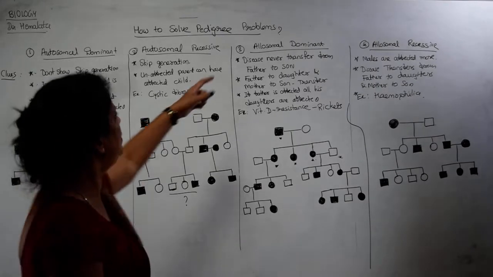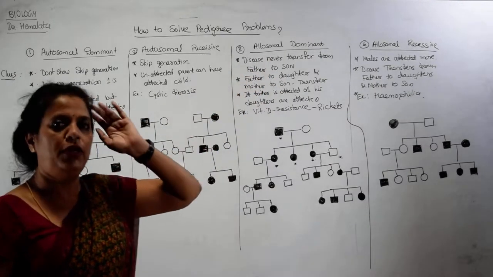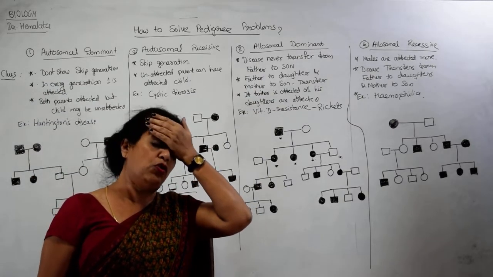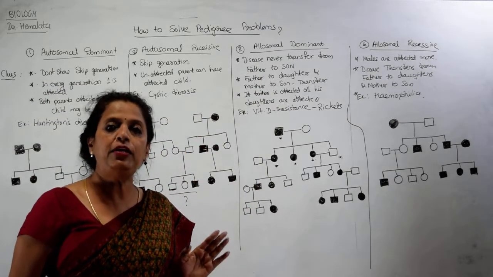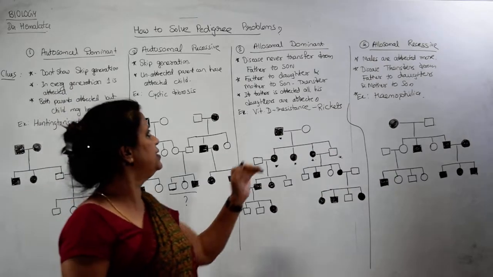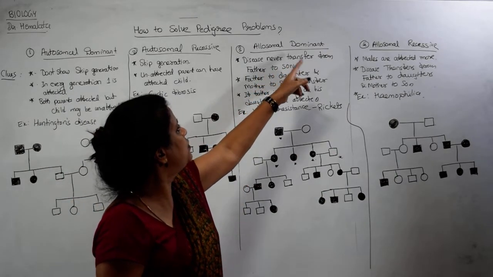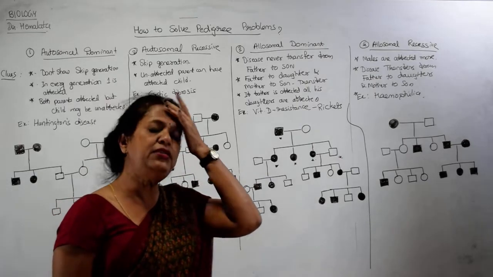Okay, let's come to the third one. I told you it is allosomal dominant. What is allosomal? Sex chromosome inherited, but it is dominant. What is the clue in this? Disease never transfers from father to the son. Means any disease you take it,